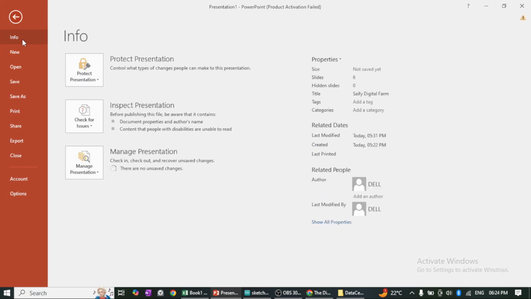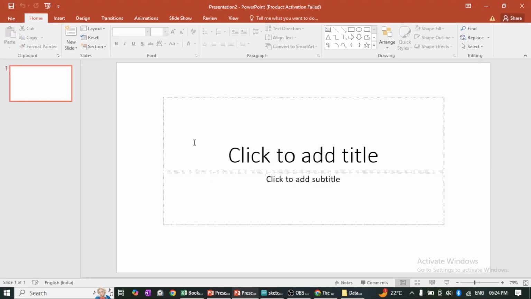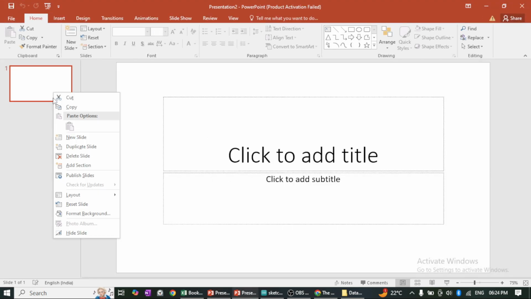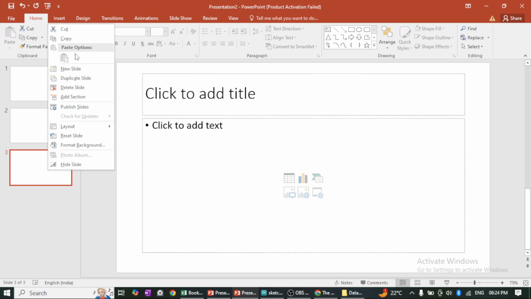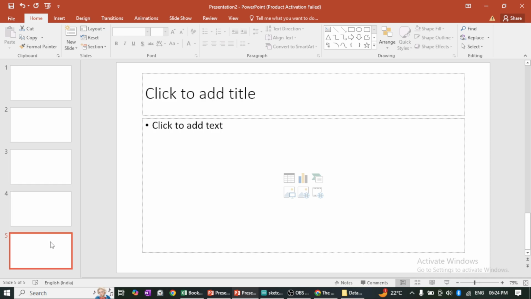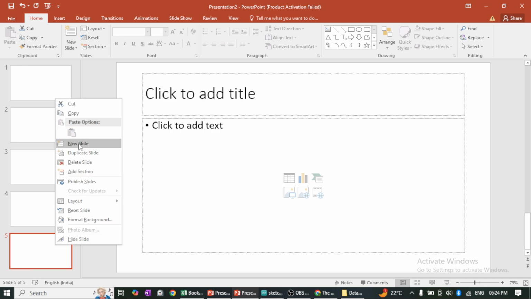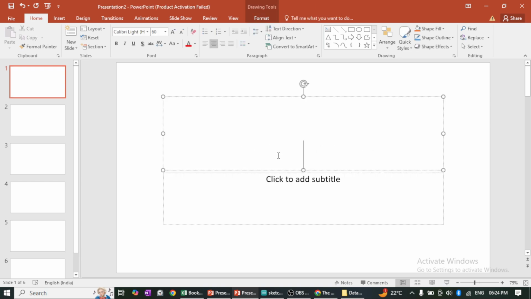So you have to go to File, and then go to New. You have to take the blank, and you will get something like this. Then you have to right click and insert a new slide like this, and you can insert a few more new slides. Great. I think a total of 6 you will need. 1, 2, 3, new slide 4, new slide 5, and the last one, new slide 6. That's it. In the first slide, you will write about your firm, which is Saify